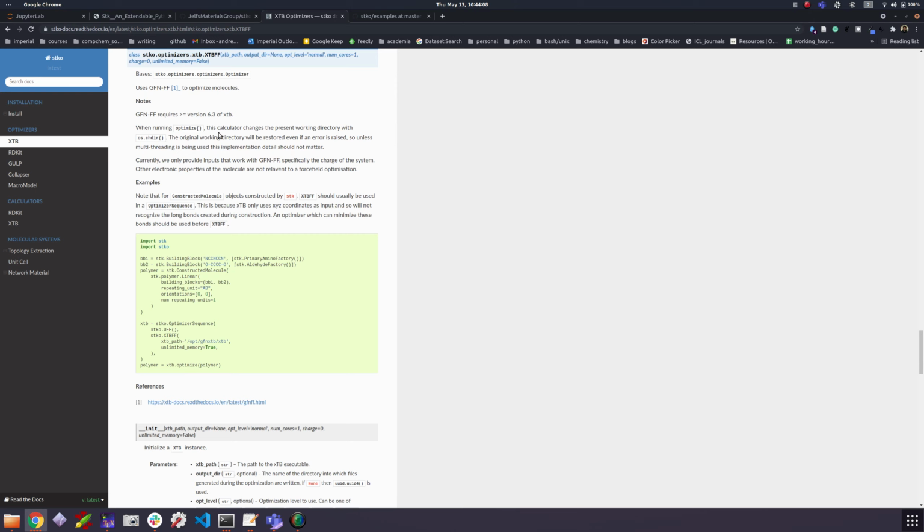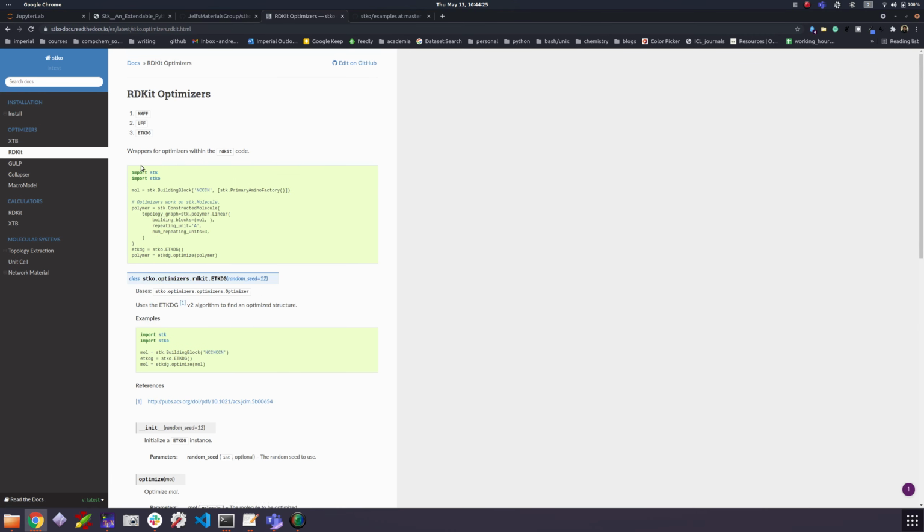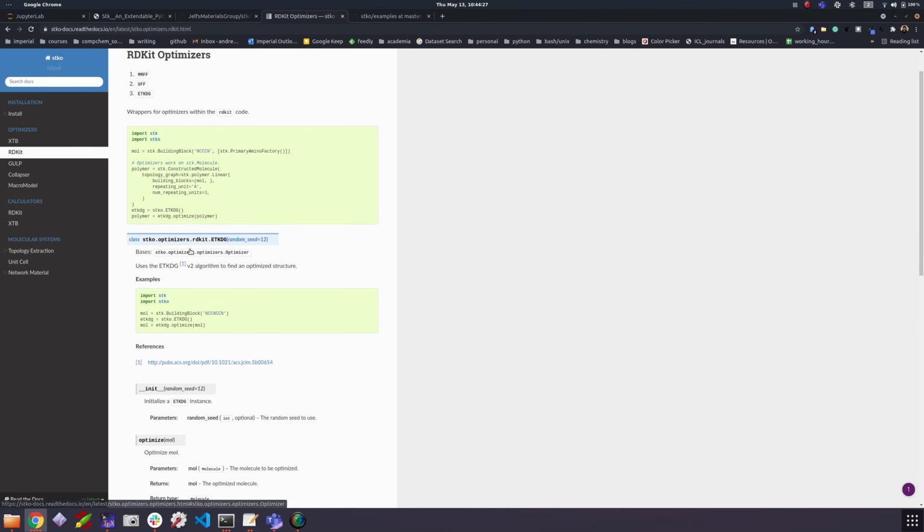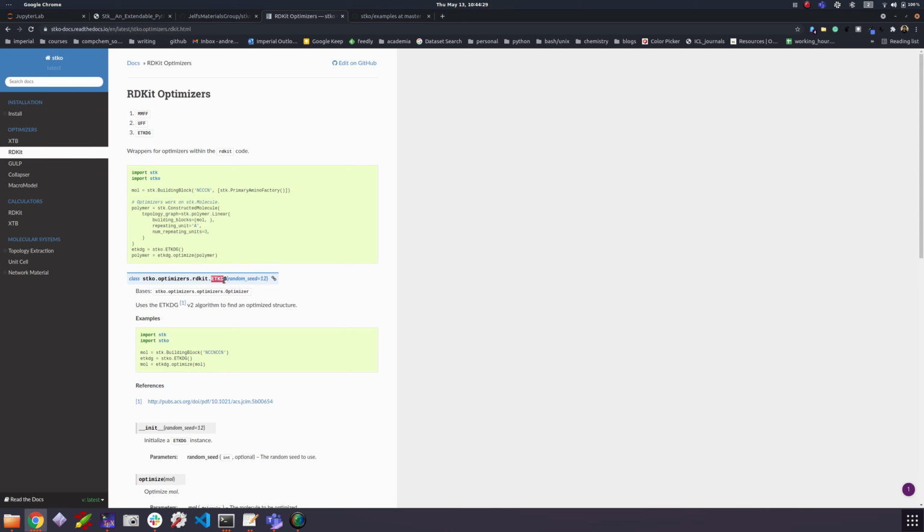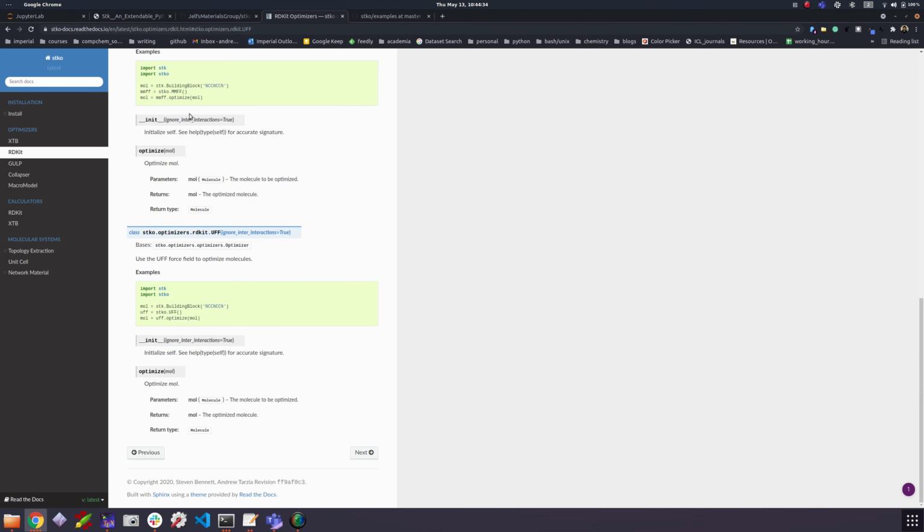carefully, because unlike STK, XTB does not use the bond topology within STK to define its molecule. It just uses the coordinates, so you're losing some information. We also have RDKit optimizers, so they're very simple. We have the ET-KDG conformer generation algorithm and the MMFF and UFF force fields. Trivial to use. They're not going to work on metal containing systems, but they will work on most organic systems